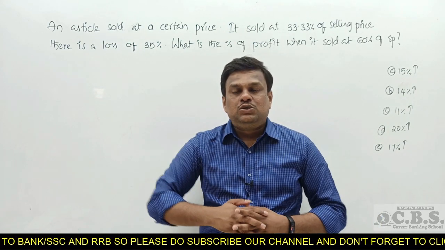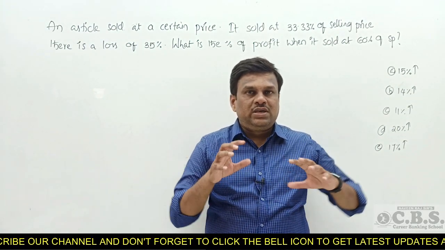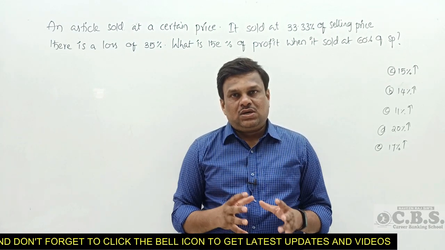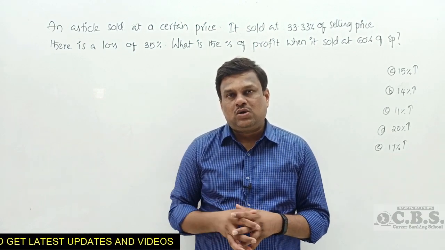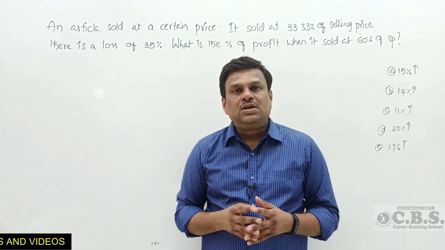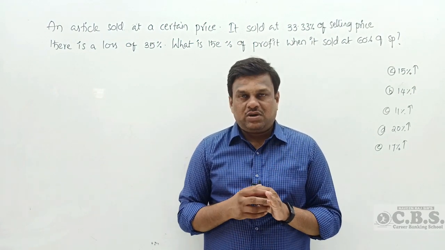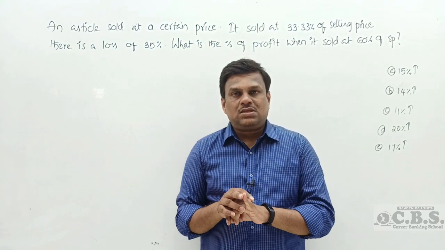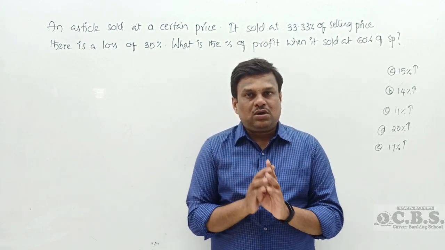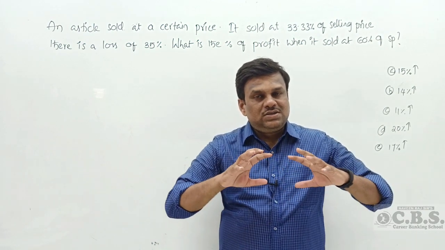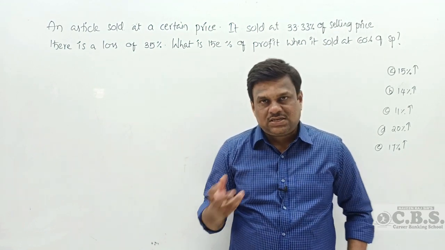When you have this kind of question, first focus on what type of quantifier is given in the question. Here 2 kinds of quantifiers are given: a modification quantifier and a result quantifier. Result quantifier means profit and loss. That is the basic fundamental. First we need to find the quantifiers. The modification quantifiers are 2: 33.33% change and 60% change. The result quantifier is the loss percentage given here. With this type of question, you can get the answer in just 10 seconds.